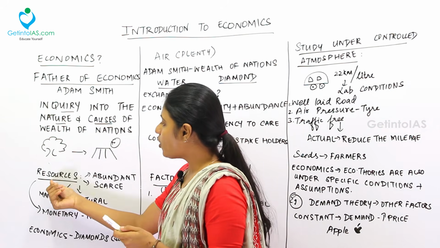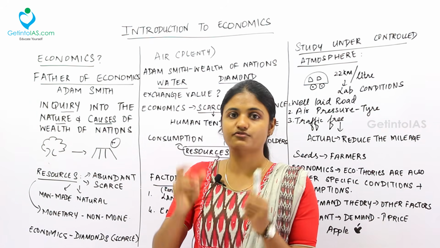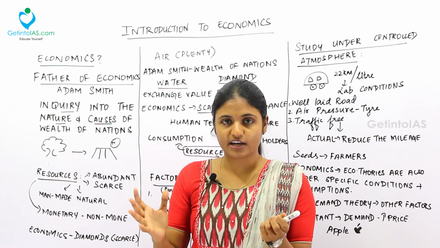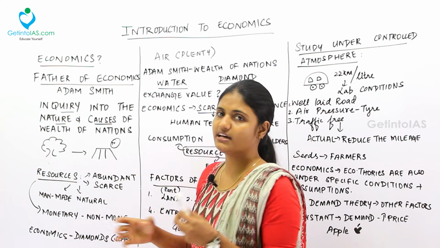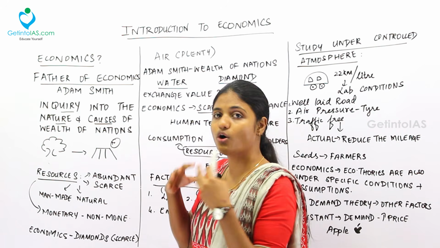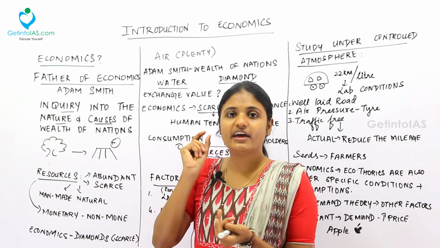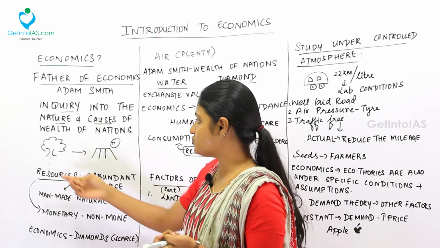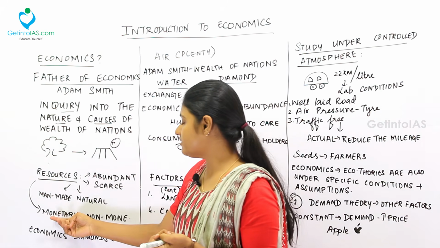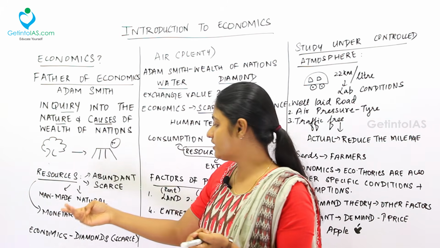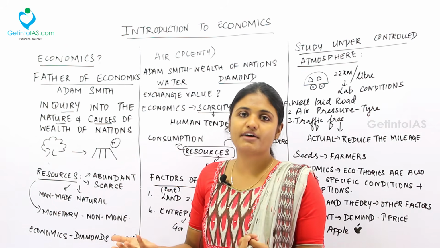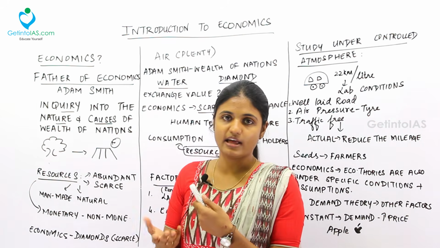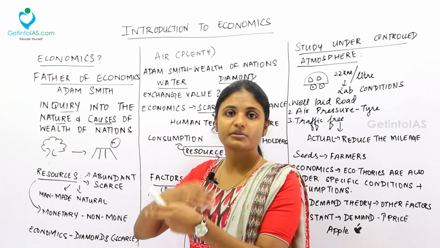Next, the main important term in economics is resources. So we are going to deal with resources. When you consider our economy, any resource may be abundant, that is, huge, with a lot of resources, or scarce, with a very little amount of resources. It may be man-made like this furniture, or natural like this tree. It may have monetary value, for example, you may sell this furniture, or it may not have a monetary value, like the air we breathe and the water we drink. So economics turns around these resources.